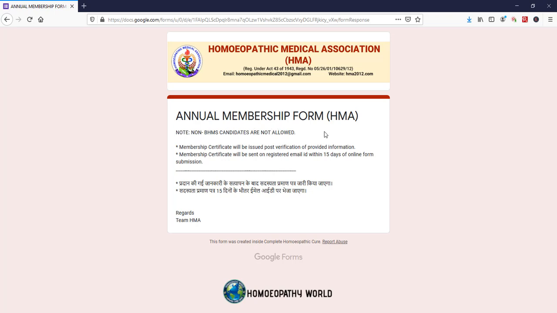Non-BHMS candidates are not allowed. Membership certificate will be issued post verification of the provided information. The membership certificate will be sent on registered email ID within 15 days of online form submission. I have submitted it today, so I have to wait 15 days to get the certificate.